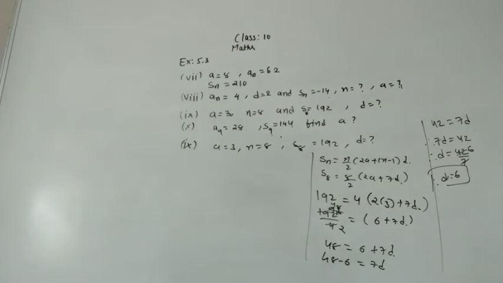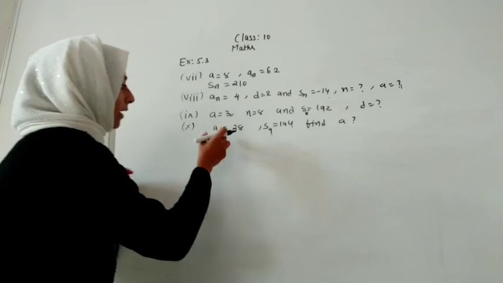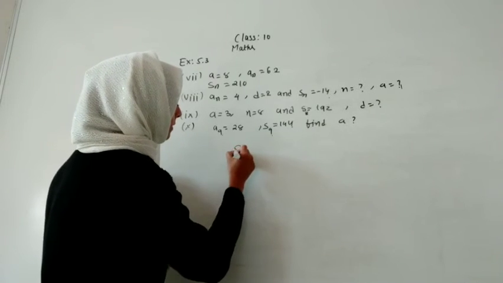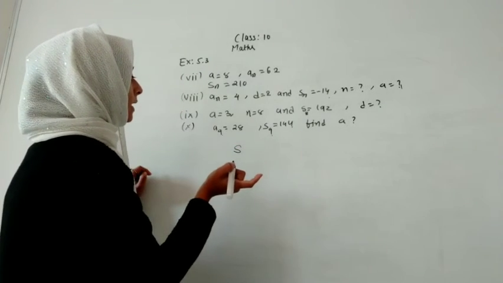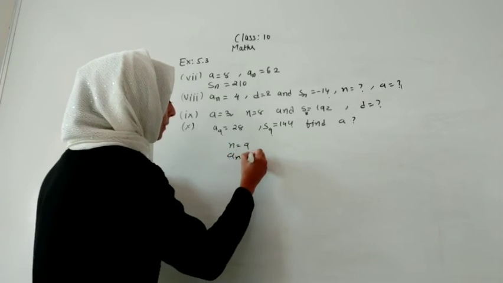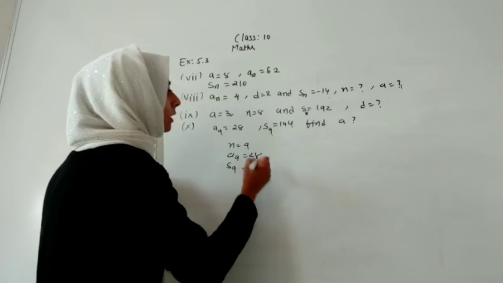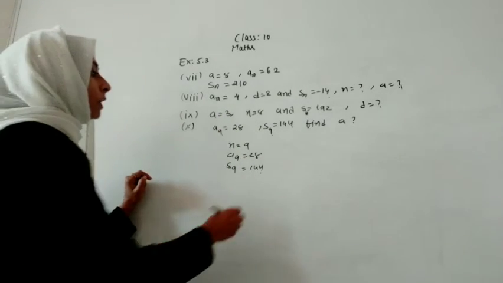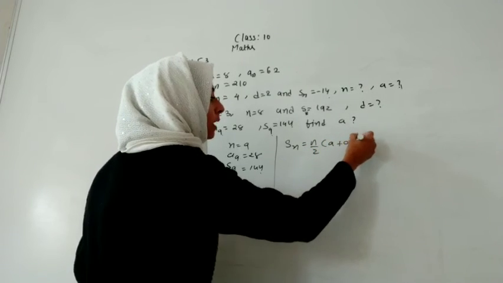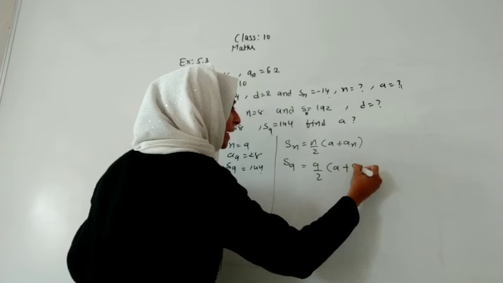I hope you understood. So as here you can see question number 10. What is given, we have to find a, we having an and Sn. So let us solve it. सबसे पहले हमारे पास n 9 है, an हमारे पास 28 है और S9 144 is given. We have to find a. How we will do it? So let us do. Sn is equals to n by 2 into a plus an वाला formula use करेंगे, जहाँ पे ये Sn होगा, ये 9/2 होगा एंड a plus a9 होगा.